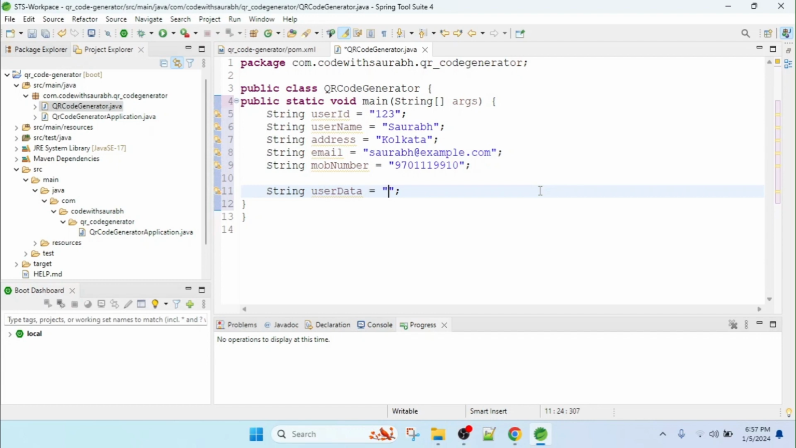So just writing here user ID and giving that name. Then using slash n for changing the line, and here giving user ID and then name. So username, and then giving that value username, and changing to a new line. So using that slash n,